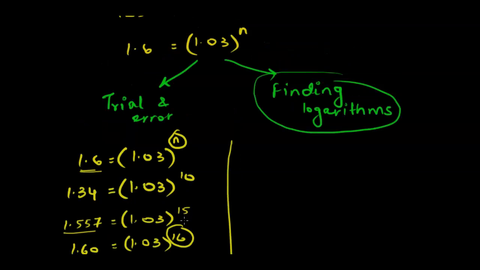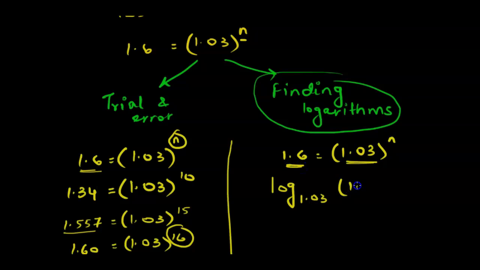Logarithms is another way of doing algebraical inverse for finding the value of unknown variable. Since we have the equation as 1.6 equal to 1.03 to the power of n, when we take the logarithm of an equation, every logarithm value is going to have a base, and here the base is 1.03. In exponential function, for logarithmic function also the base stays the same. So it's log to the base of 1.03 of this number, that is 1.6, and that would give us n value.